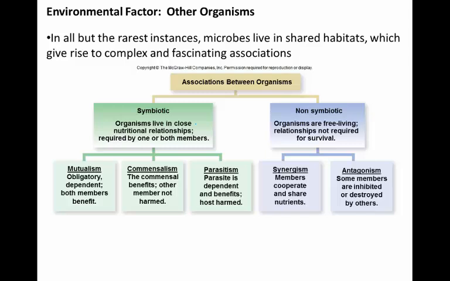In symbiotic relationships, there's a requirement. It's usually a nutritional relationship. We're sort of feeding one another or working together. In a mutualistic relationship, both members of the relationship benefit. I like to use us and E. coli as a great example because we give the E. coli nutrients and a place to live, and the E. coli actually helps us digest some nutrients, and by breaking them down provides us with vitamins that we actually need. We both benefit from the relationship.